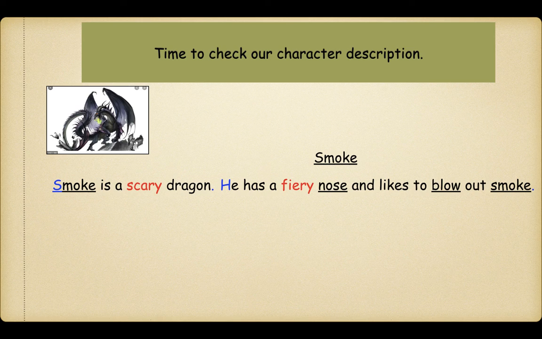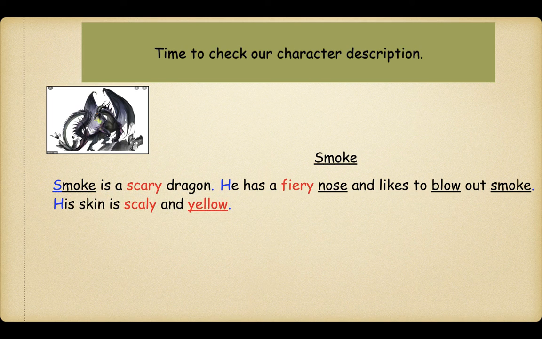So I've underlined nose, blow and smoke. Why did I do that? Because they are all in our spelling list for the week and they all have the sounds of O, which we've been practicing this week. Now at the end of smoke you can see that there's a blue dot. That's a full stop. At the end of every sentence you must have a full stop. And finally,